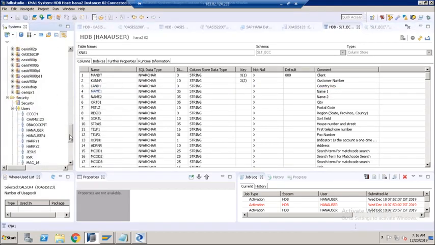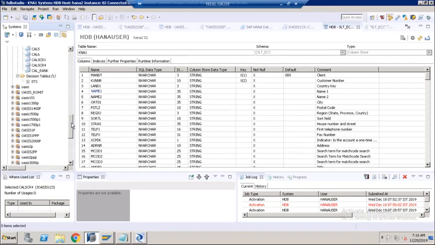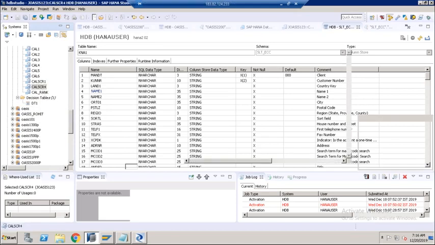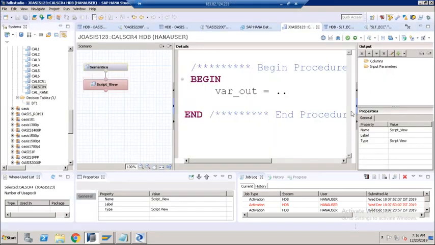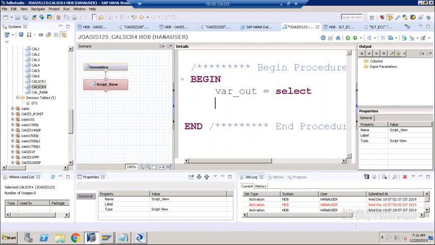If you want to select these fields, here you write where is the final table which we discussed. Select Kunnar, but in HANA SQL we write comma. You should write comma